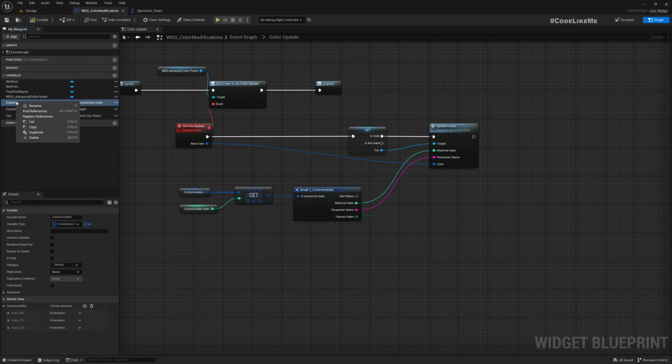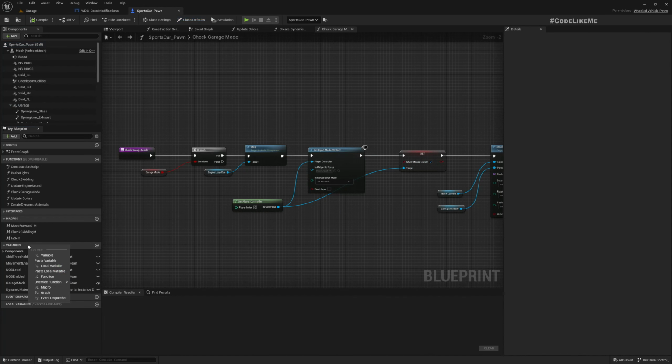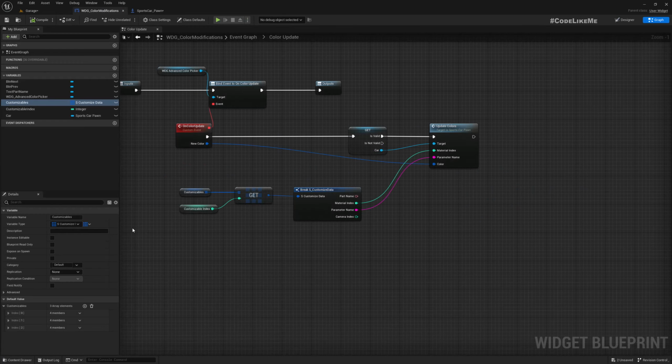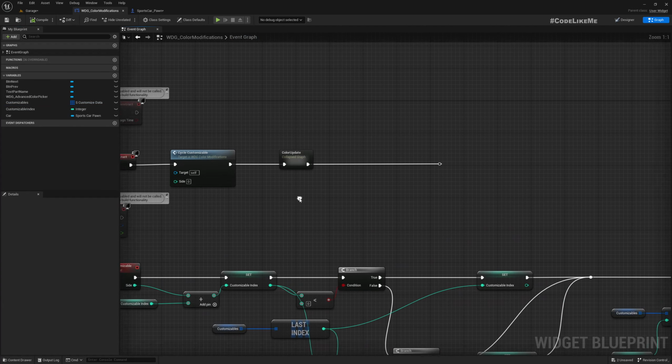So can I just copy this? Copy, okay. Ctrl V, oh, it worked. Compile, the values are also here. Nice. Now instead of using this variable from here, I think it would be better if I pull this variable from the car. So actually